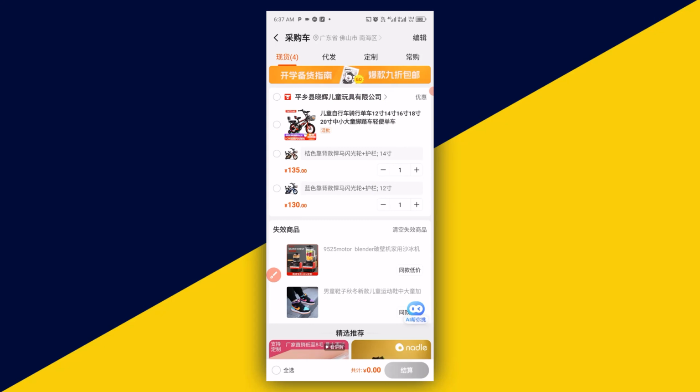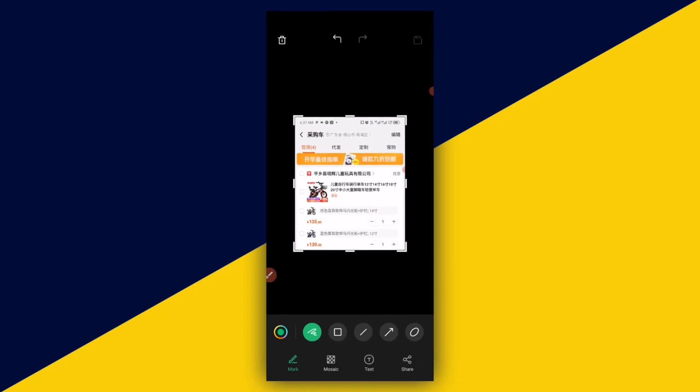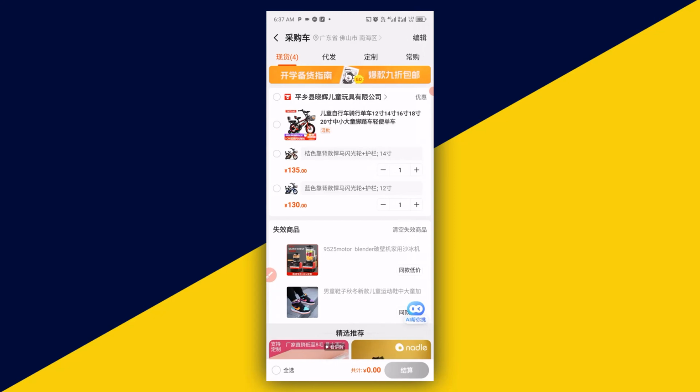So I'm going to screenshot this particular page, just like so. Then I'll crop off unwanted area, just like so. Then I'll click on here to save the screenshot. Next thing I need to do is to simply click on here to go back to the product sales page,